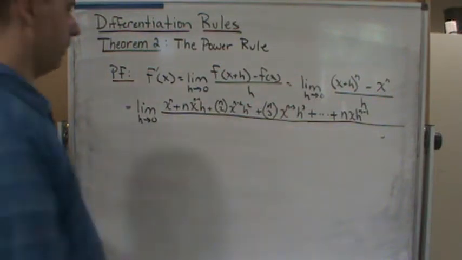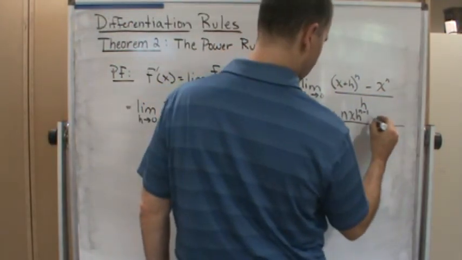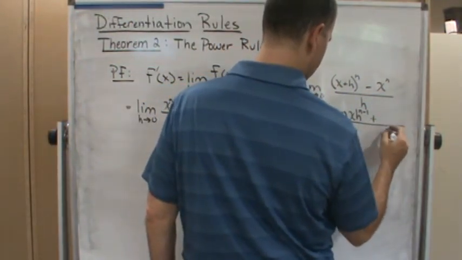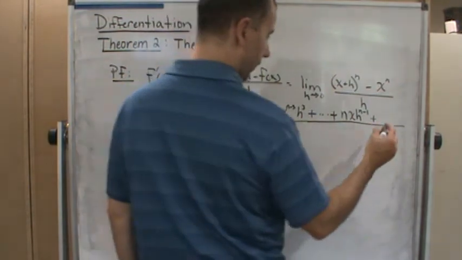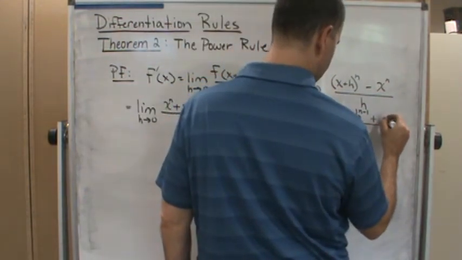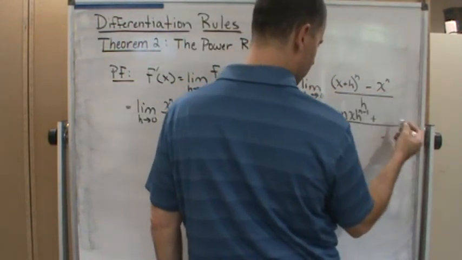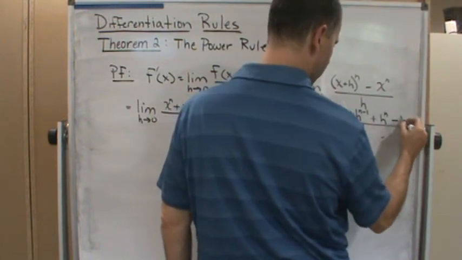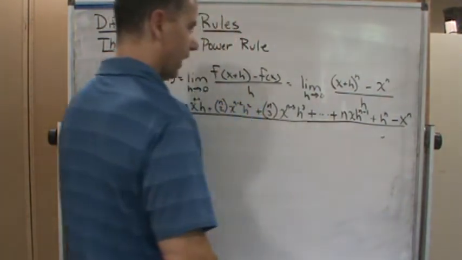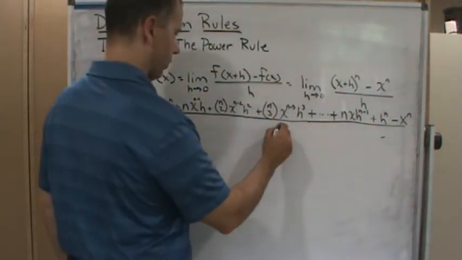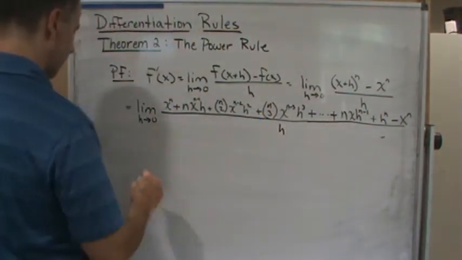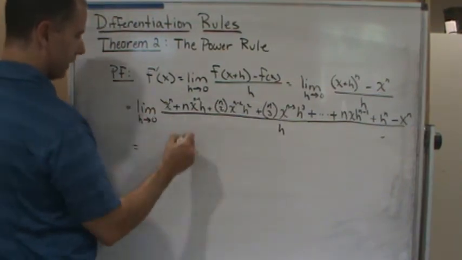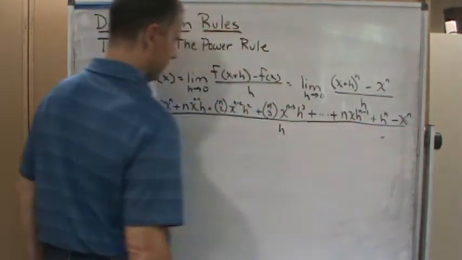And then the last one, right, is we get n choose n, which is 1, and we get x to the 0, which is 1, and we end up with h to the n. Of course, we're going to subtract off x to the n, and of course we have our h on the bottom. Now I'm going to simplify this, so obviously the x to the n is going to cancel out,